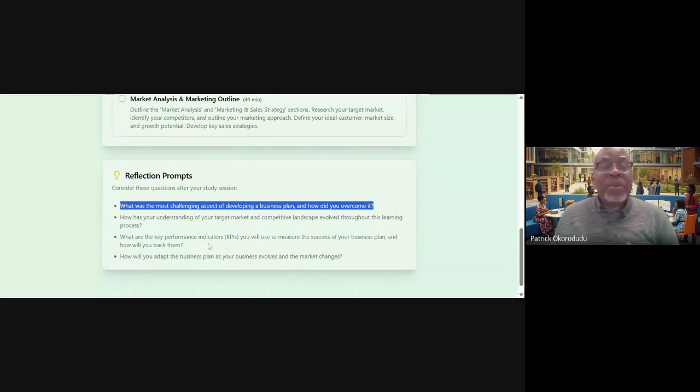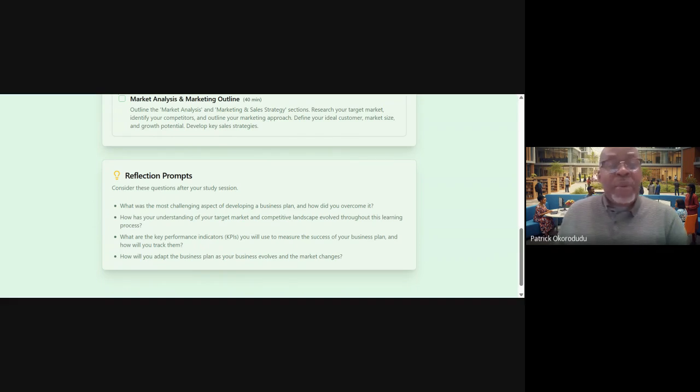And then the next point is, how has your understanding of your target market and competitive landscape evolved throughout this learning process?